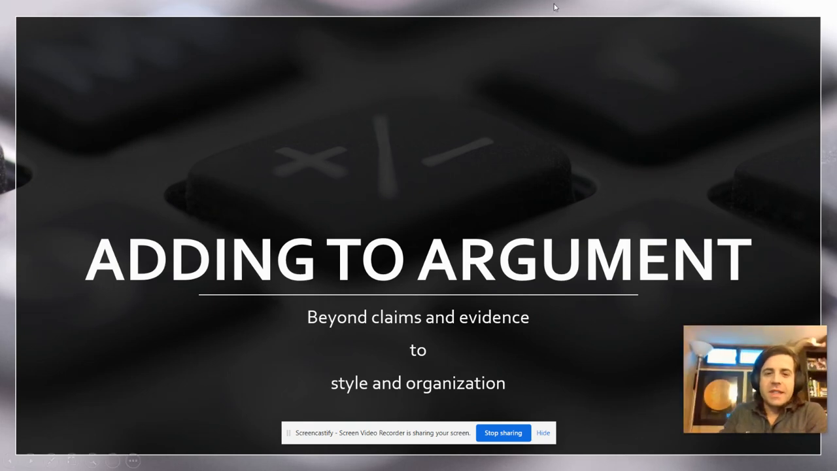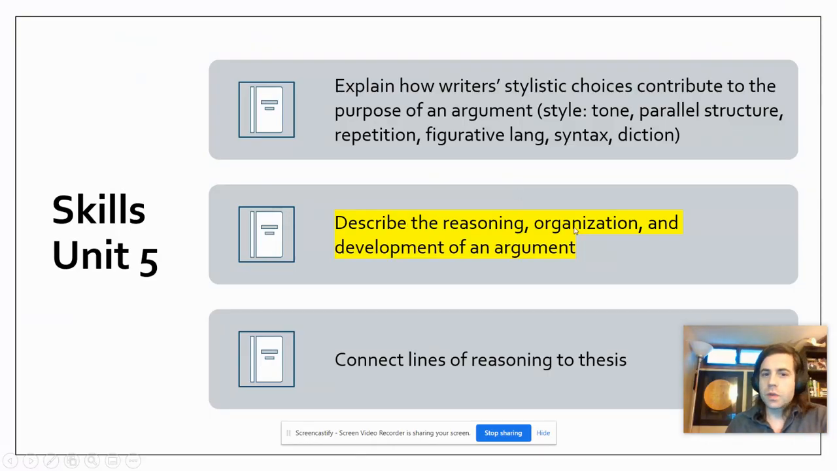Hi, folks. Video today is continuing this idea of what can we add to an argument to kind of further our rhetoric, really specifically looking at stylistic additions or organizational additions that can go beyond just simple claims, reasonings, and evidence. So our specific skill is we are looking at describing the reasoning, the organization, or the development of an